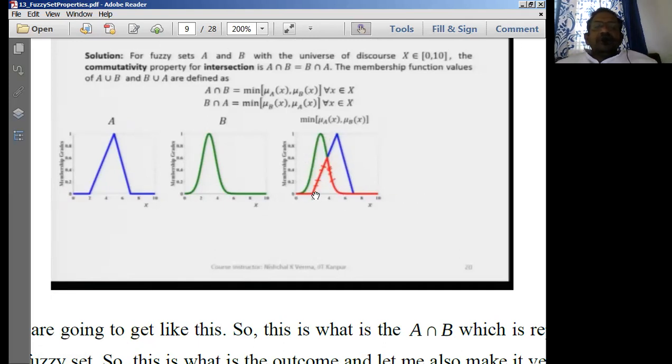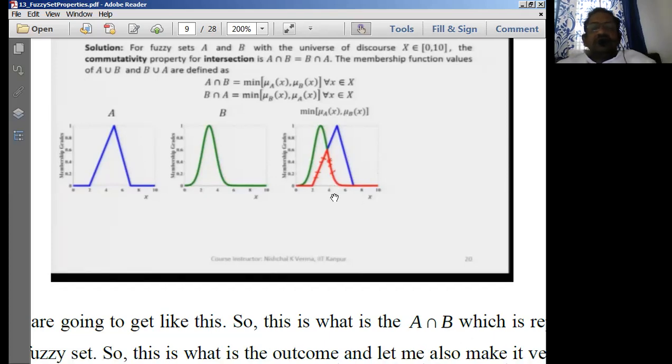Now what is the intersection of this? It is the minimum from here to here. A is minimum. Then after this, A is increasing. See, B is decreasing. So we are going to have the Bell function here, that means a curvature nature. This is from here to here triangular form, and next is going to be bell curve form. This red figure is nothing but the intersection A intersection B for us. Okay, so this scratched line is nothing but the A intersection B.